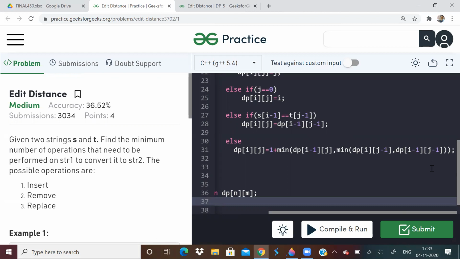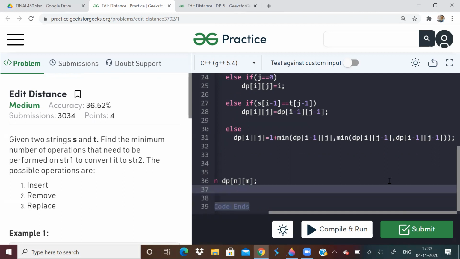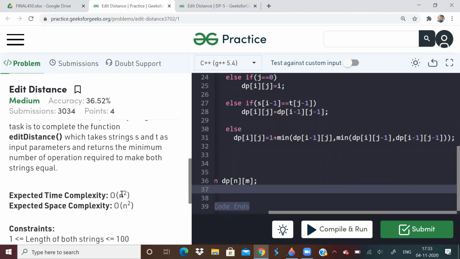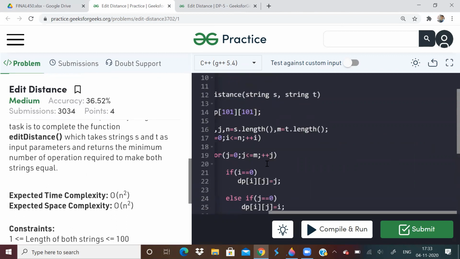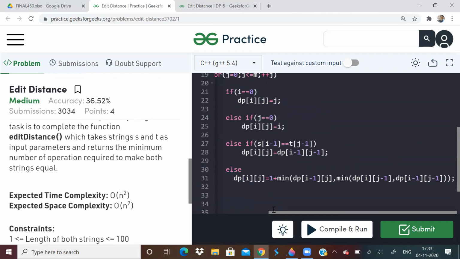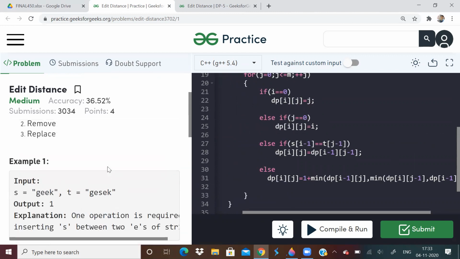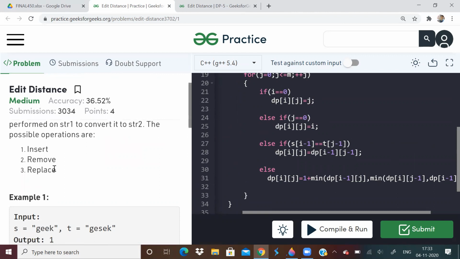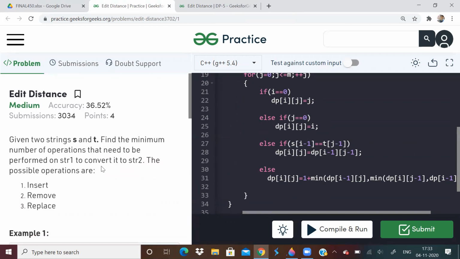So recursion, if you look at time complexity, will be worse. This DP is better. And expected time complexity is O of n square and space is O of n square. So we have satisfied both. So this edit distance problem, if you don't know, you read it, you can insert, remove or replace a character, and we have to make the two strings equal by doing any of these operations. Usually insert and remove is simple, but replace also is there. That is why you have this extra condition over here.